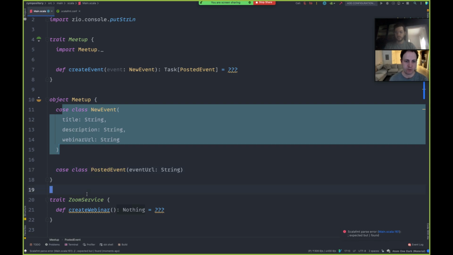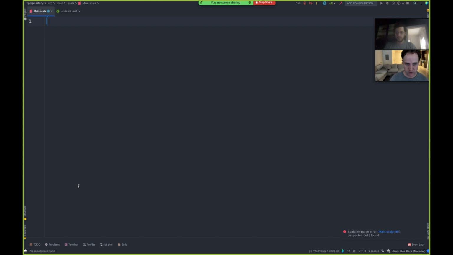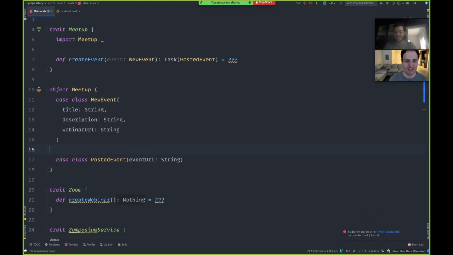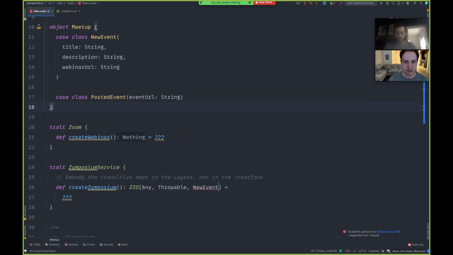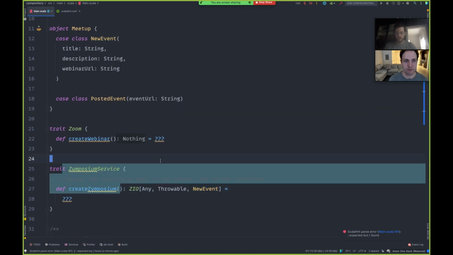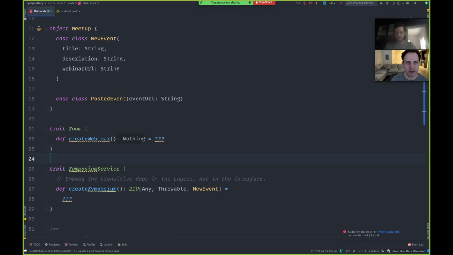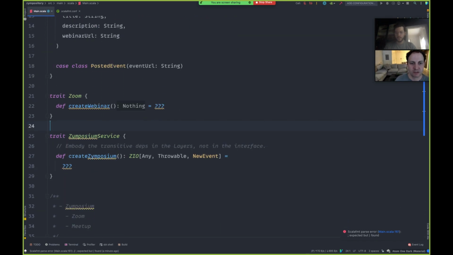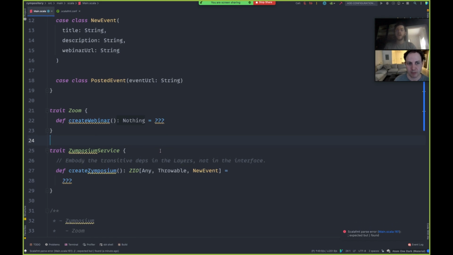Because right now, if we have new event down here, then we're introducing a logical dependency of this Symposium interface on the Meetup, which we don't necessarily want, right? We'd like to be able to say the interface is independent of any of these Meetup services, and then it's just the live implementation of the Symposium service that's dependent on the Meetup.